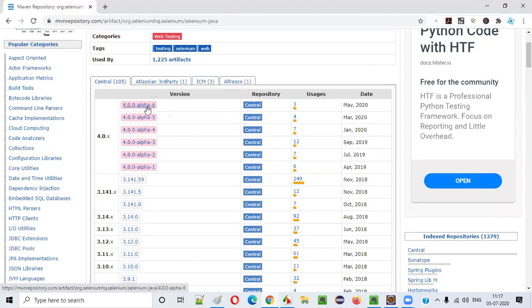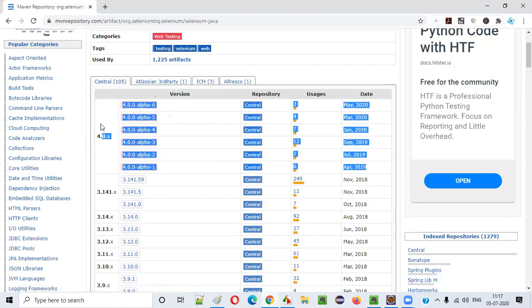Okay, alpha means not yet released into the general public, also for testing. Okay, so they are testing from their side only. So here, what is the latest stable version, guys? What do you think is the latest stable version from this table? Can you tell me the number of something which is the latest stable version?